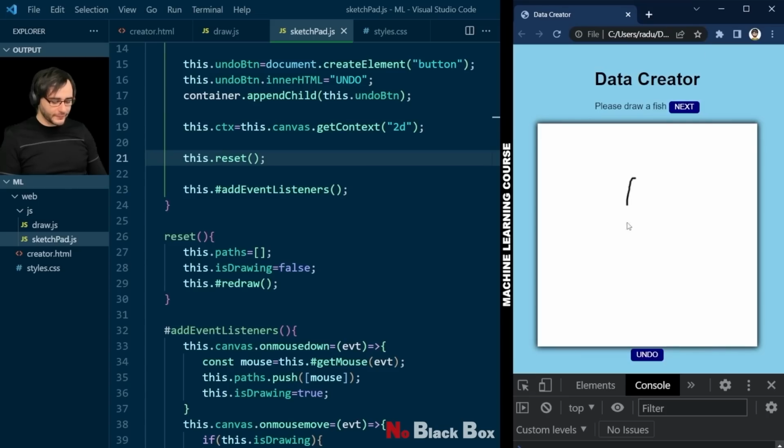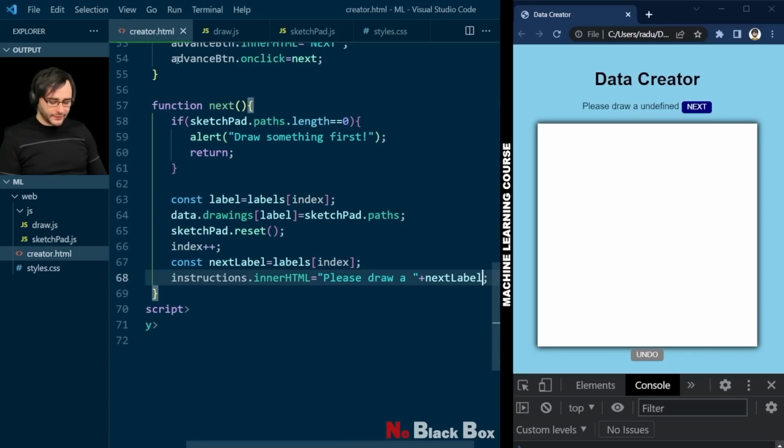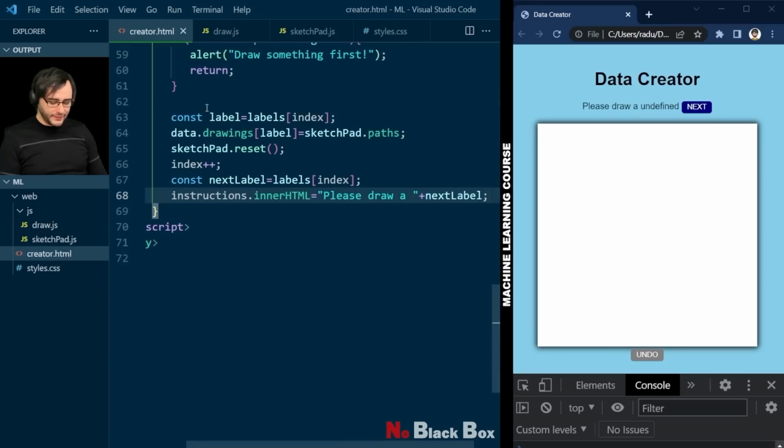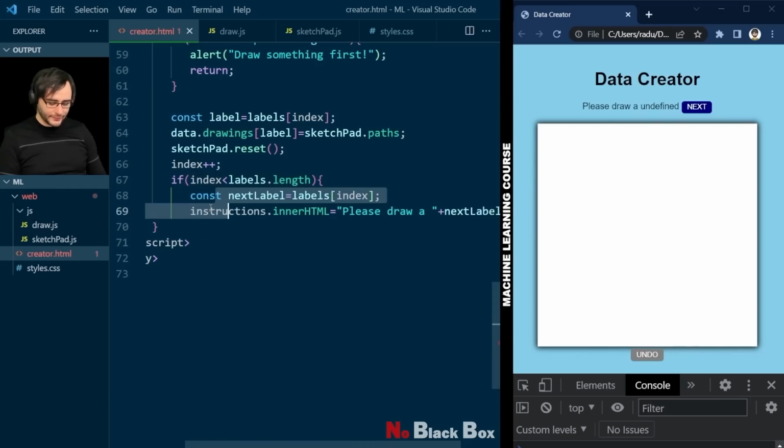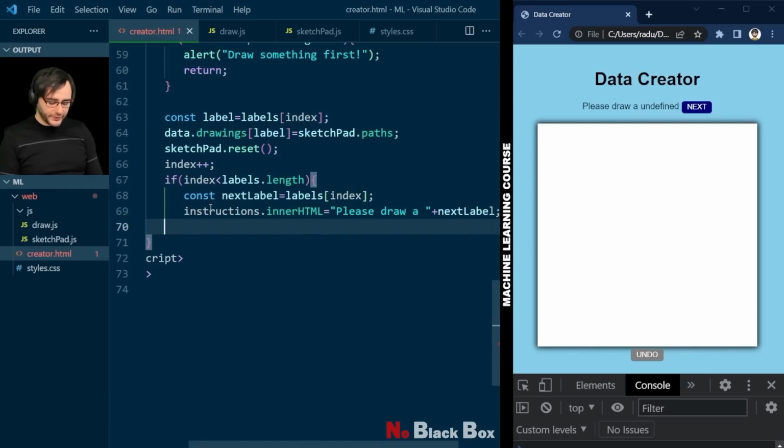Now there is a problem. If I'm going to go all the way to the end, we don't have functionality for that. So the clock is the last one, and then please draw an undefined. So let's go back to creator HTML here. And here we are going to update the instructions only if possible. So if the index is less than the label's length, then we do that. Otherwise, we are pretty much done. So we say else